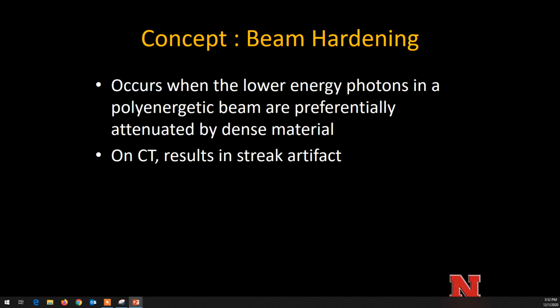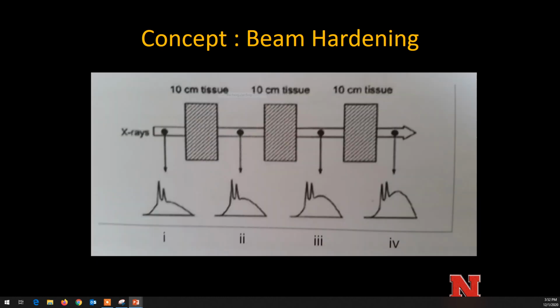The concept to kind of finish on is beam hardening. This occurs when the lower energy photons in a polyenergetic beam are preferentially attenuated by dense material. On CT, this can result in streak artifact. If you think about it, as X-rays go through tissue and tissue and tissue, if you look at the X-ray spectra produced, here they're full of a bunch of lower energy photons. A pretty significant portion of this spectrum is low energy, but all of those are absorbed during this 10 centimeter